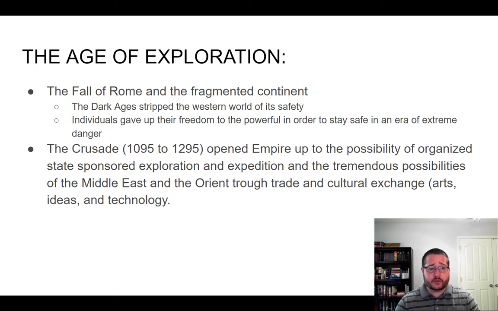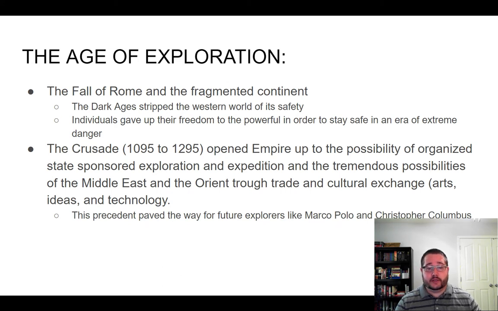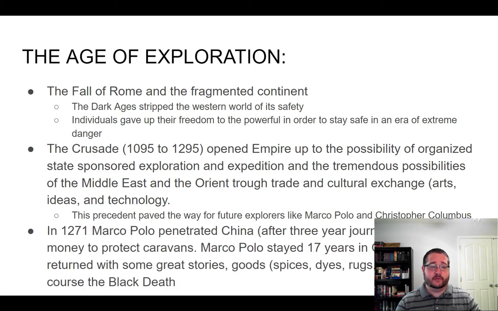And so these wealthy nobility, kings, etc., discover things that would be very, very valuable in trade, and they start seeking trade routes to the Far East. Like I just said, this precedent paves the way for people like Marco Polo and Christopher Columbus. In 1271, you've got Marco Polo, who travels to China, and he gets there. He stays 17 years in China. He brings back